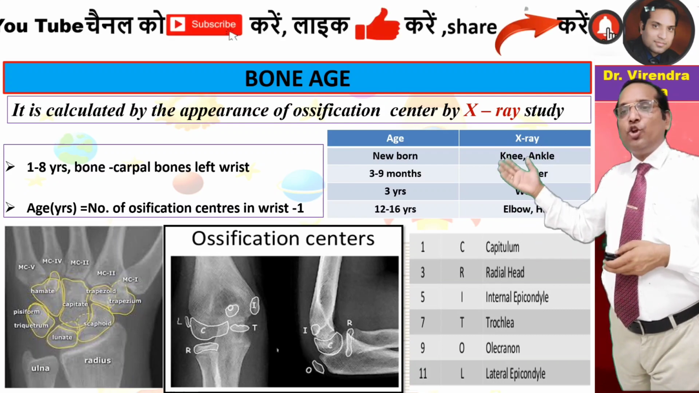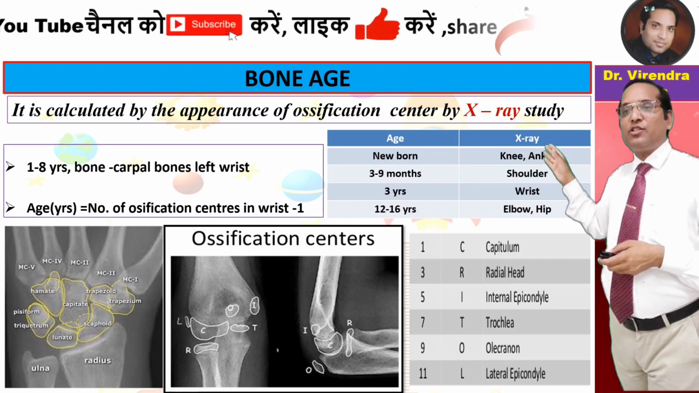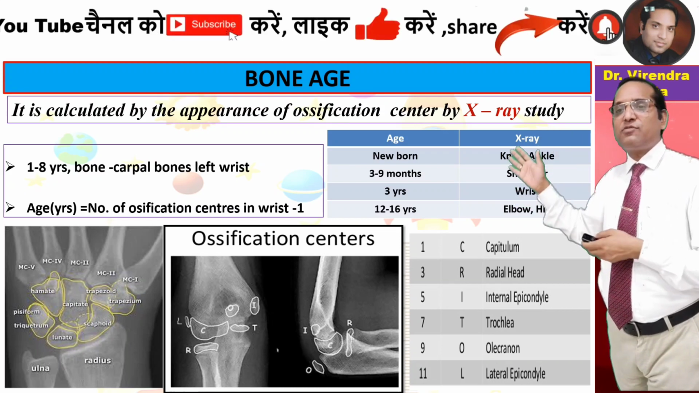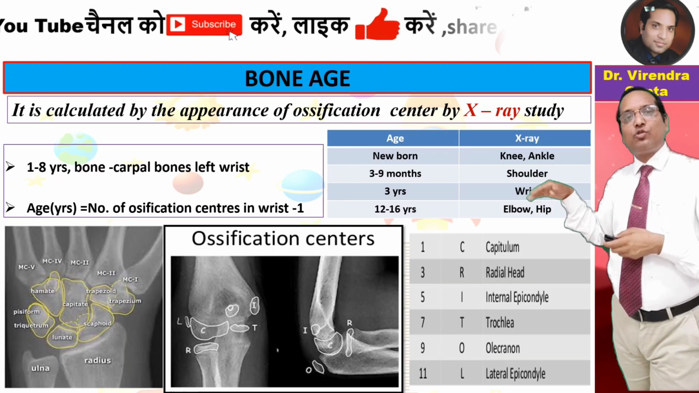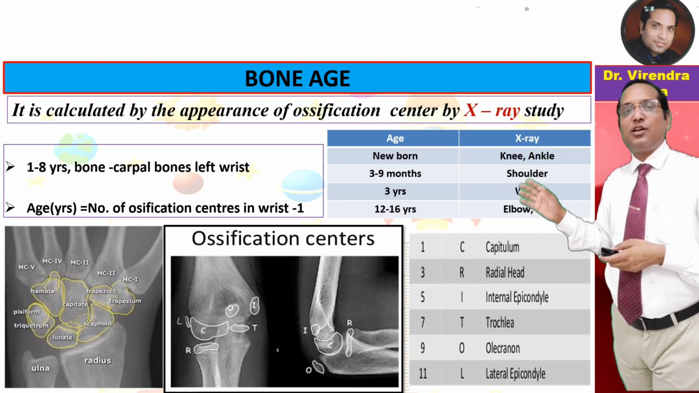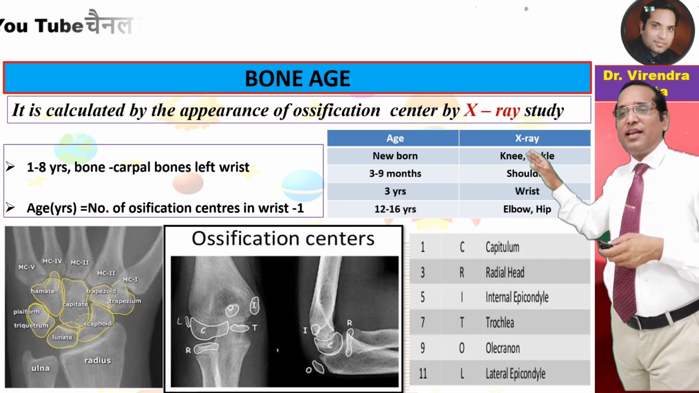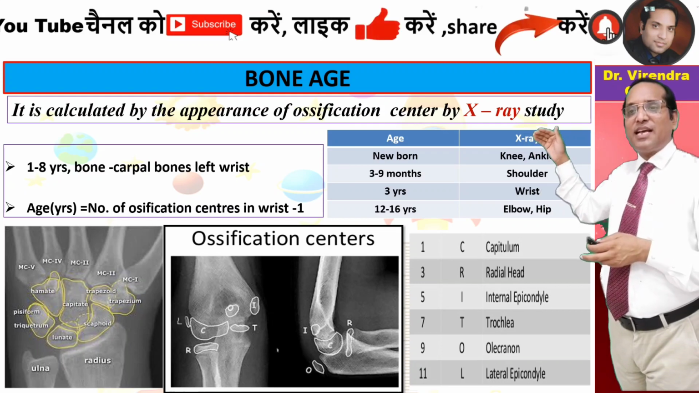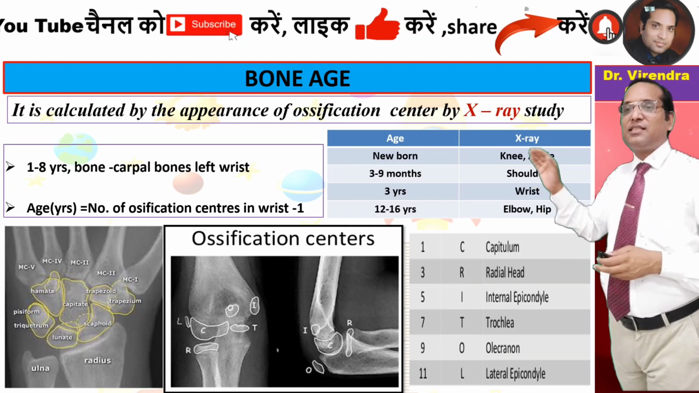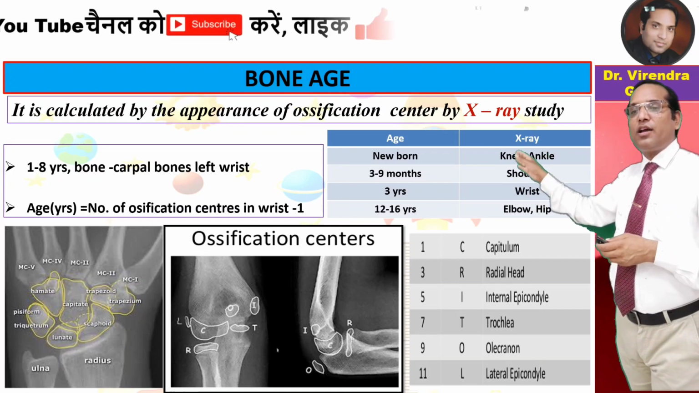normally in newborn, X-ray can be taken for the knee or ankle. At 3 to 9 months of age, shoulder X-ray can be taken, up to 3 years of age. Wrist is very important, 3 to 8 years, and at 12 to 16 years of age, elbow or hip is the best X-ray to calculate the bone age. Guys, in the elbow you can see here, you can keep the mnemonic as CRITOL, which is 1, 3, 5, 7, 9 and 11 years of age, as the capitellum, radial head, internal epicondyle, trochlea, olecranon and